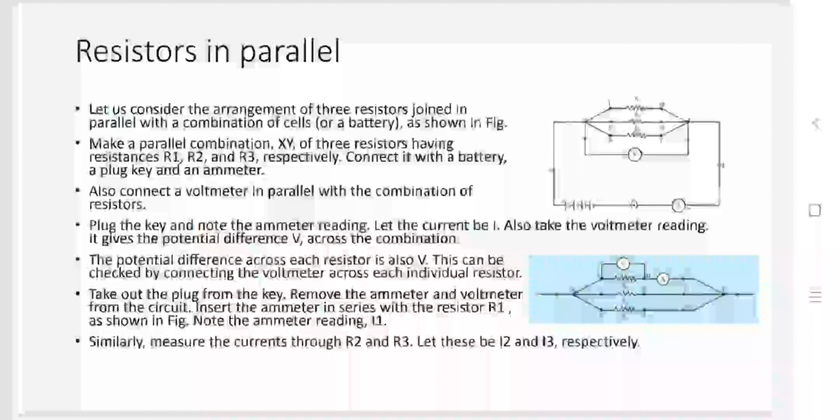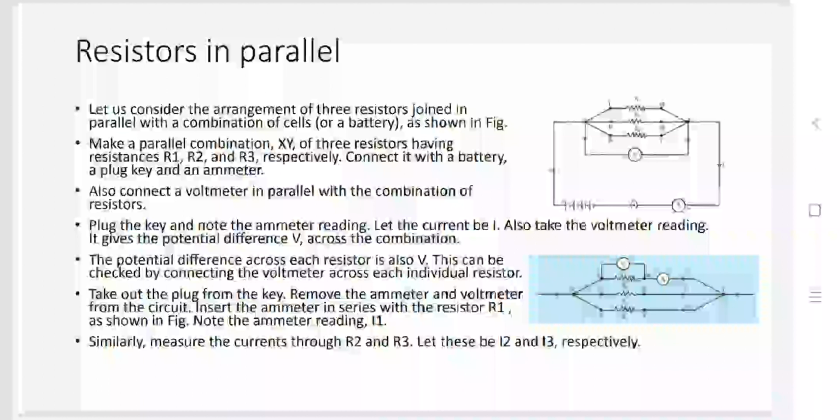So here we can say that in series all resistors are on the same line, so there is only one closed loop path from which current can flow. But here the current has three different paths in parallel. So it can choose any path, or we can say the current is going to be divided based on the resistance value. But in parallel, as we know, the voltage remains the same.